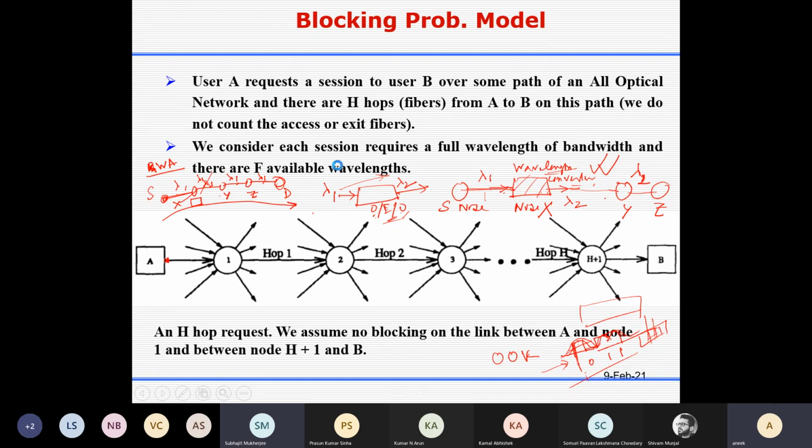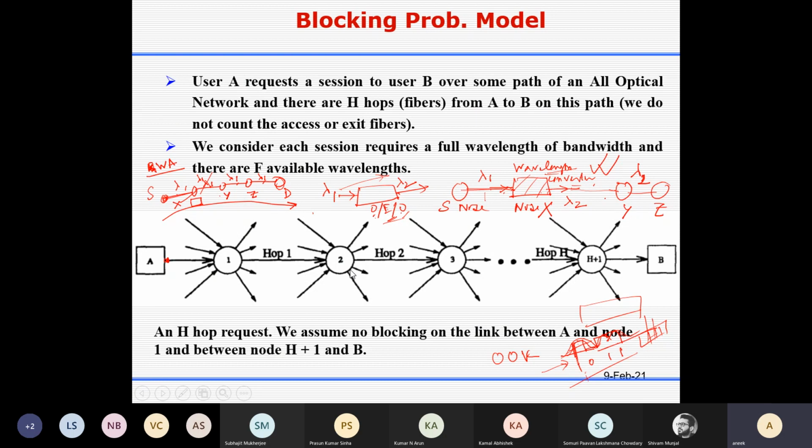So there are two approaches. One is the OEO, the other is the wavelength converter, but the wavelength converter is not available till now. So people generally do OEO. But you can see that if you use an OEO or a wavelength converter, you could change the color, and if you can change the color, the wavelength assignment job is much easier.